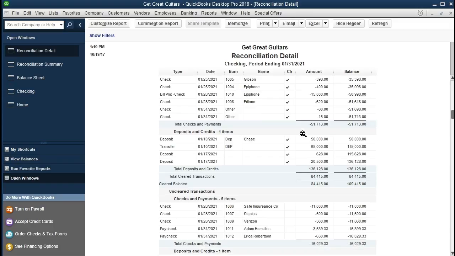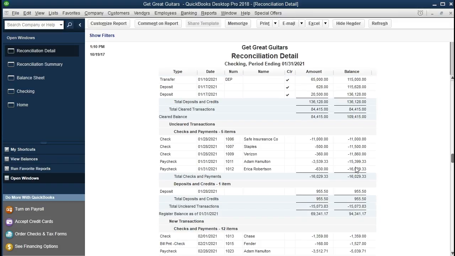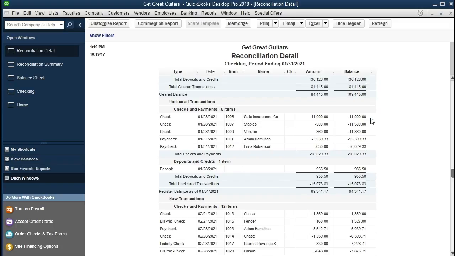So these are the stuff that we checked off. It cleared the bank statement. Then we have that cleared balance, which is the 109,415. That's the amount that is on the bank statement as of January 31st. And that equals the cleared balances that we checked off here on our books. Then we have the detail that's really important. The difference between this number and our book number, the 94,341.17 on our balance sheet versus what's on the bank